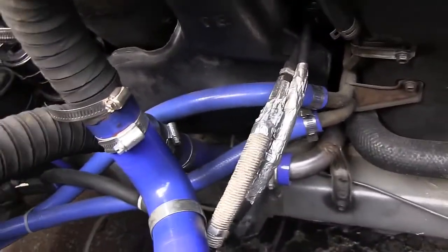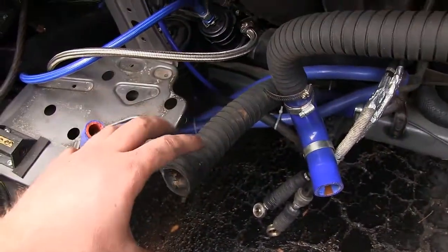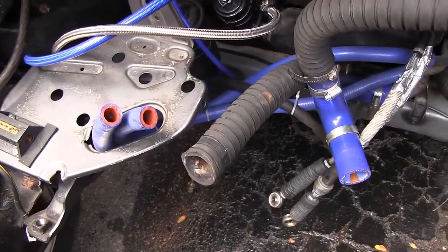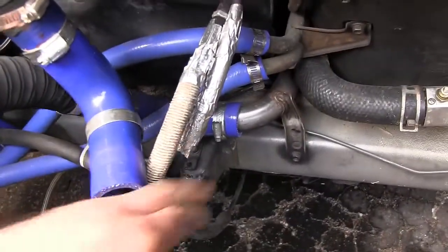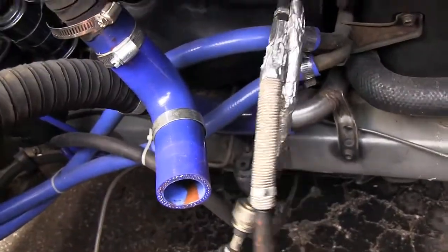You're going to need to buy new hoses. They're going to need to be quite long because they need to go to this side of the engine head. So I just bought some blue silicone hoses, nice and flexible. We then have one coolant line coming out right here, and for that I bought a 90-degree turn silicone hose